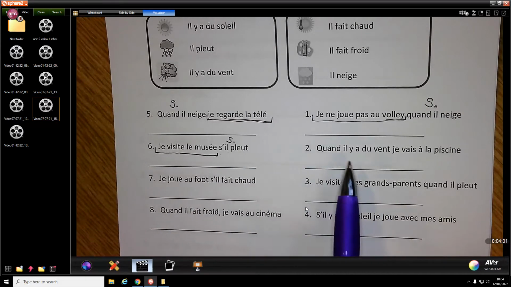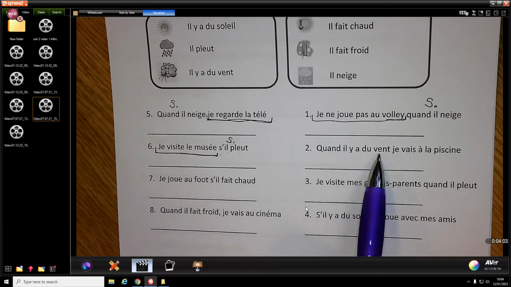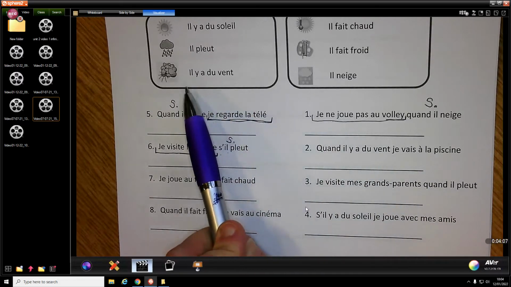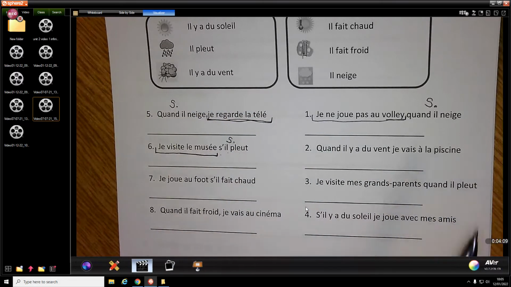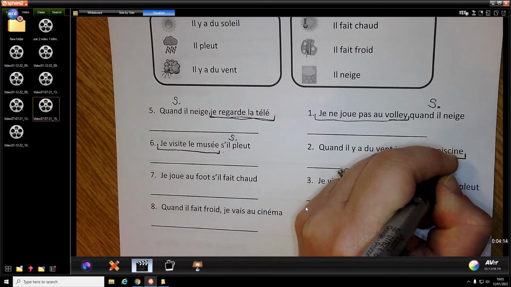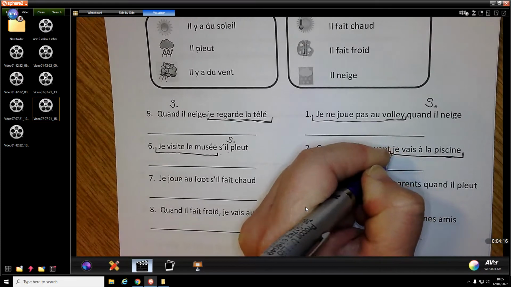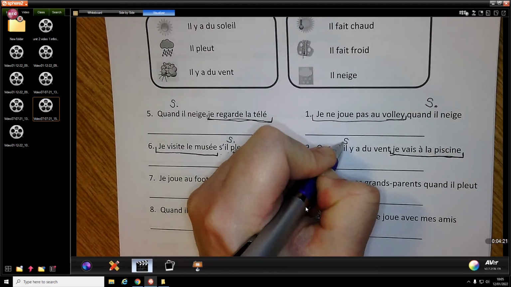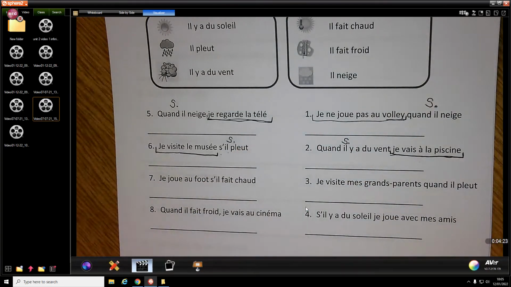One more example together then. Quand il y a du vent, je vais à la piscine. When it is windy, I go to the swimming pool. I go to the swimming pool is our main activity, that is the main clause in our sentence. Quand il y a du vent is our weather phrase, which we are using as a subordinate clause to add